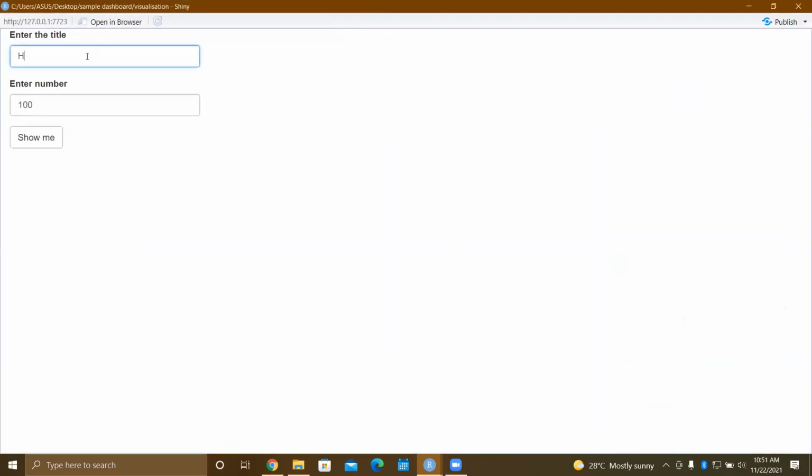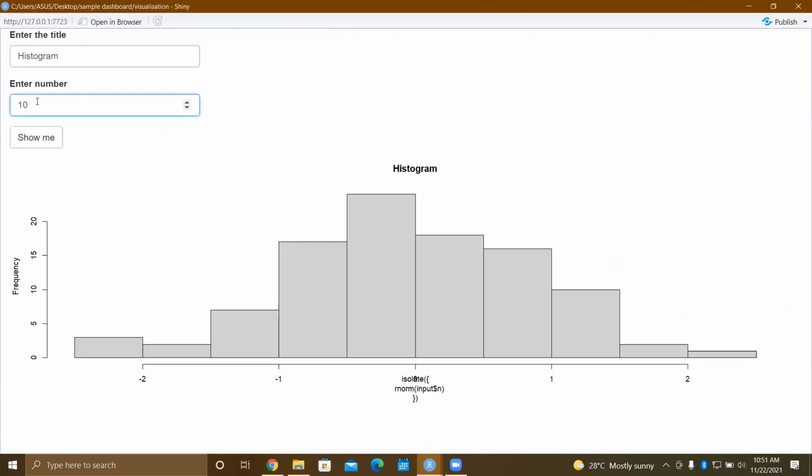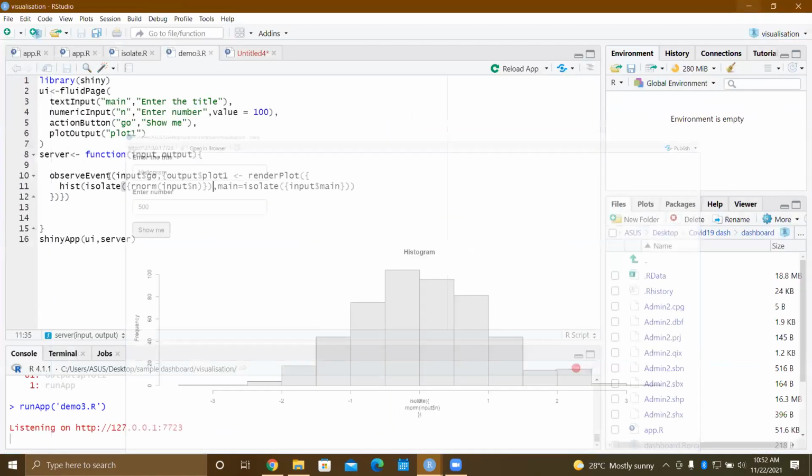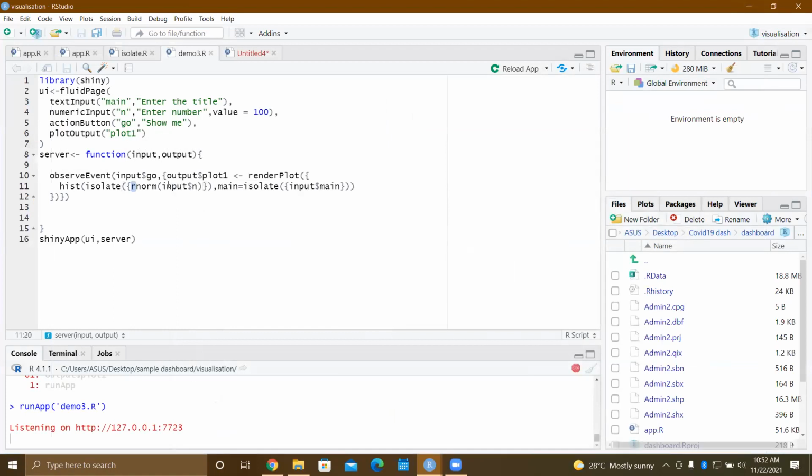So let's just try. Yeah. So nothing is happening. Oh, okay. So I need to change the label. That is a minor thing. So you can understand what is happening here. Since this was not under isolate, every time n changed, this code would get run all over, and it would plot the function. So now this is also another example of how isolate is a very useful thing.